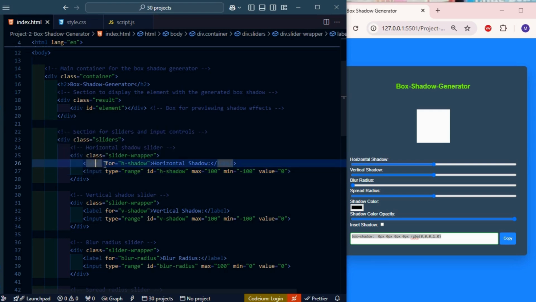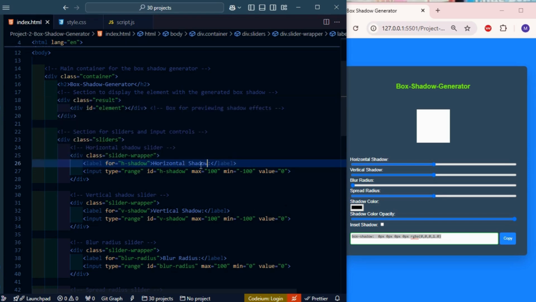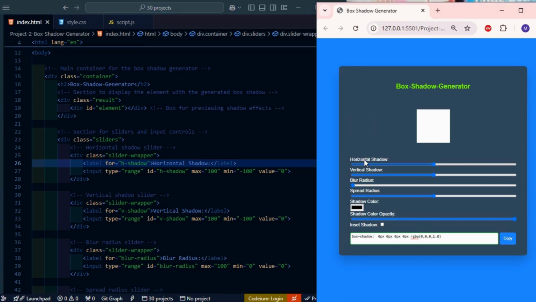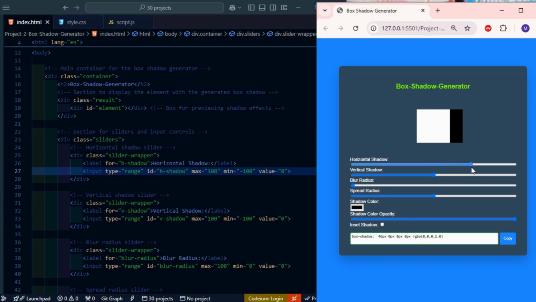and I will take one label for the h-shadow. H-shadow means horizontal shadow, giving the name horizontal shadow, and I will take one input of type range. So this is the type range with the id h-shadow. The maximum range is 100 and the minimum is -100. Whenever I drag the range value, the shadow will move horizontally. Then after that, close the